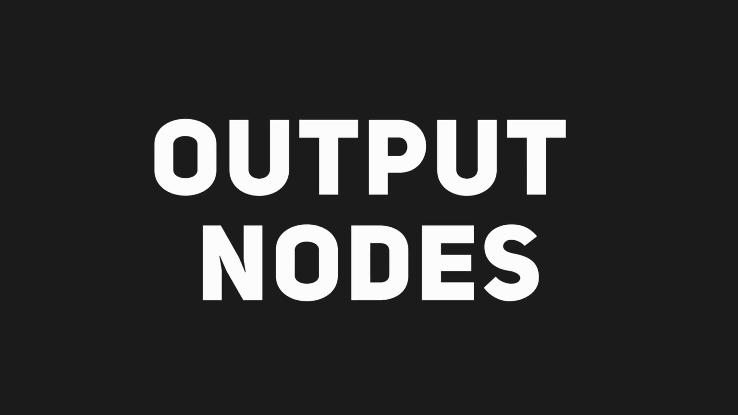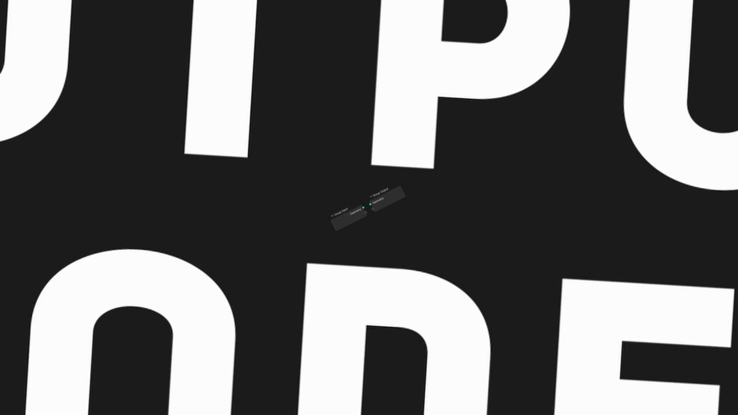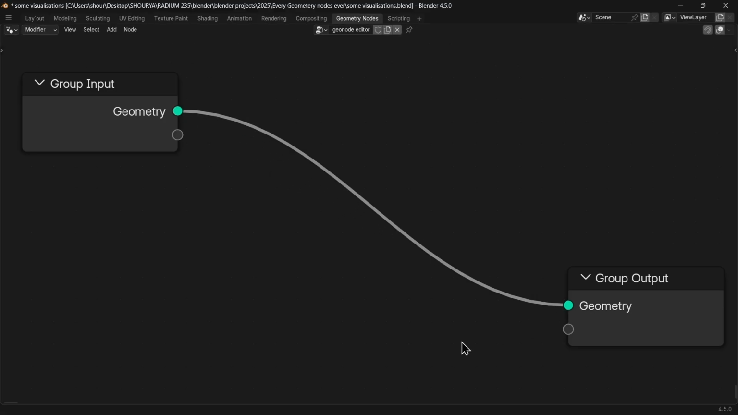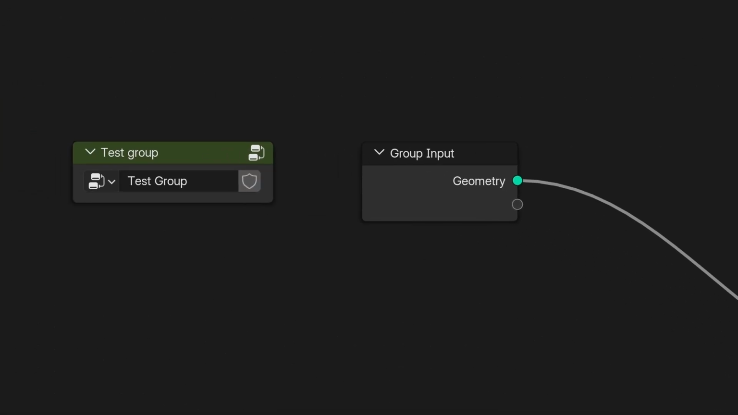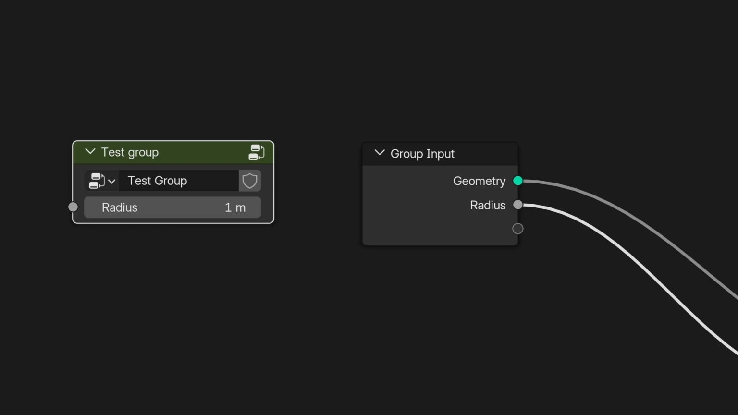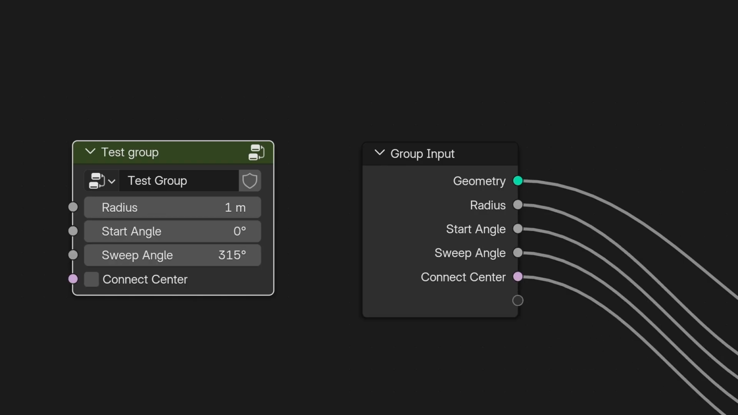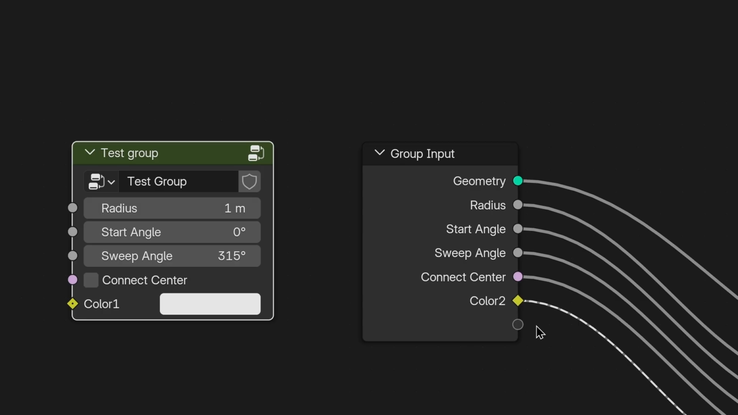The next set of nodes we are going to cover are called output nodes. The first two nodes we're going to cover are the group input and output nodes. These are the first two nodes you see when you open the geometry node editor. The group input node gives you access to the node's group input sockets from the inside. These sockets act like external controls, letting you tweak stuff like values, colors, or geometry from outside by connecting them